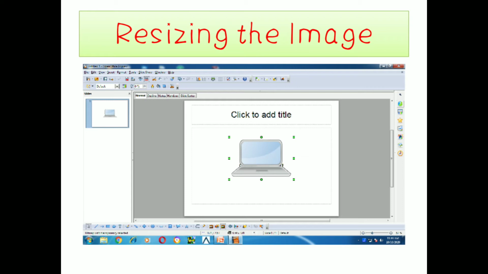To resize the image, we see here we are getting several green colored dots around the image. Once we click on the edges of those dots, we will get a small arrow button which helps us to drag the image or to shrink the image. Okay, children? Don't worry, all these will be explained again in the practical class.